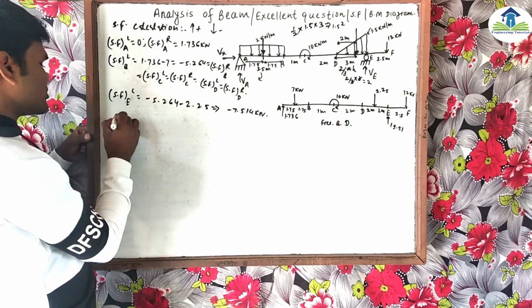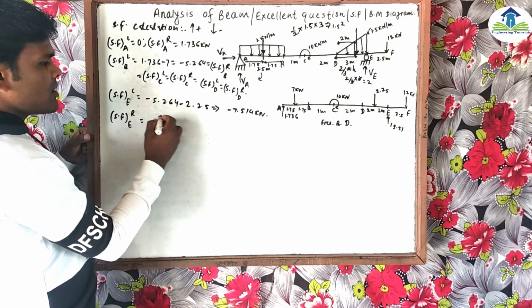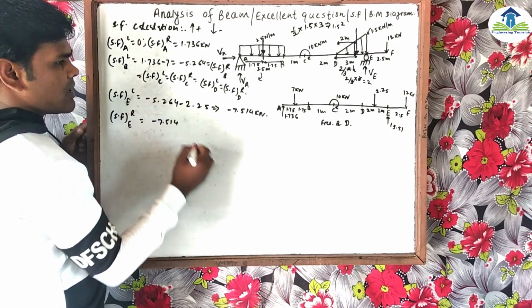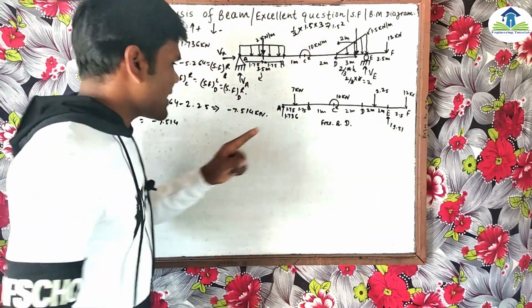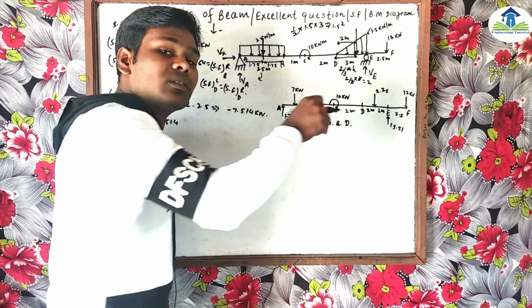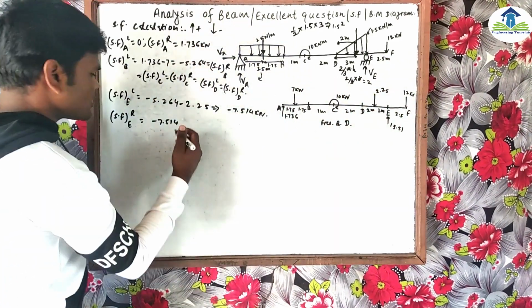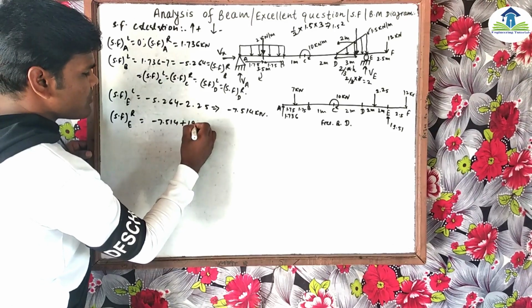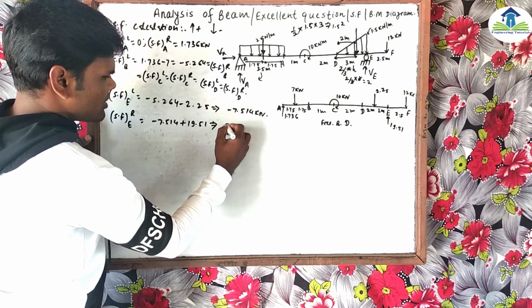Now the shear force at point E on the right side: minus 7.515, and another force is the upward force, which is positive and acts exactly at point E, so I take positive 19.51. If we calculate this, we get